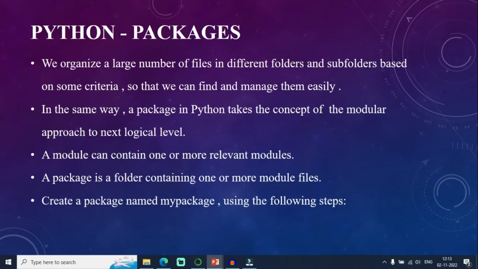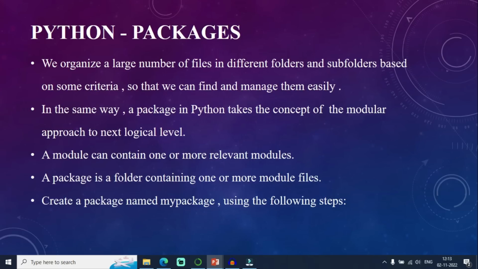I have an admin department. Whenever you consider any corporate company, you can have an admin department, or other types of departments, for example a financial department and a marketing department. So you have several departments in a company. Clear with this? So I am going to create separate subfolders for different departments in a company. This is the use of a package.